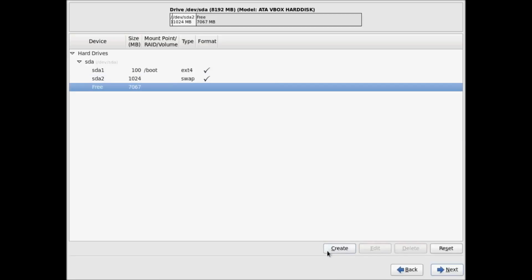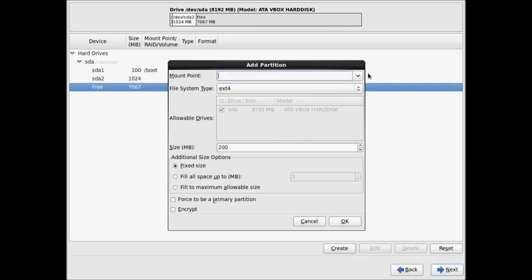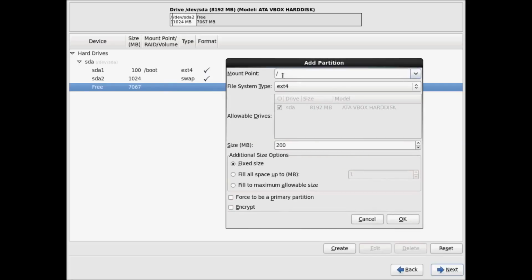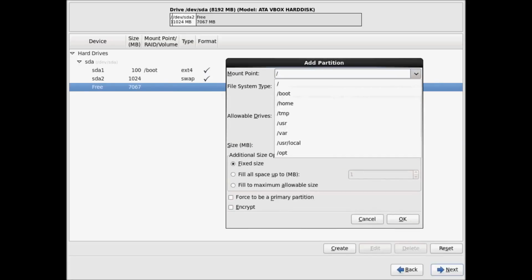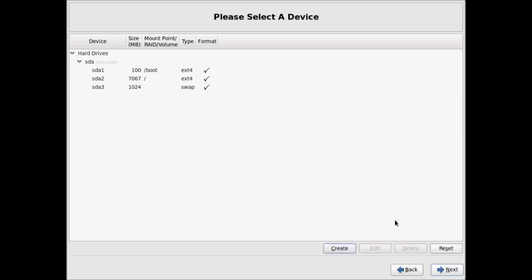Now again click free, and you can create a standard partition once again, and I'll allocate all the space to the root partition. Now your home folders, every partition will come under root, so I'll give the complete free space, that is 7067, to the root partition and click OK. And once you're done with this, click on next,